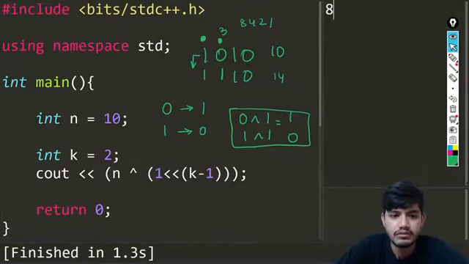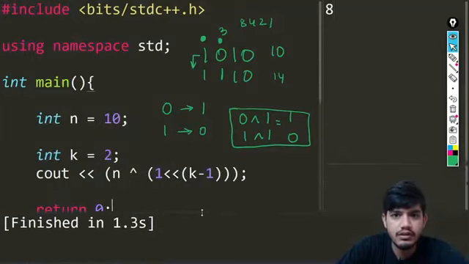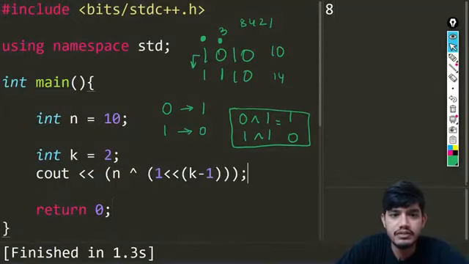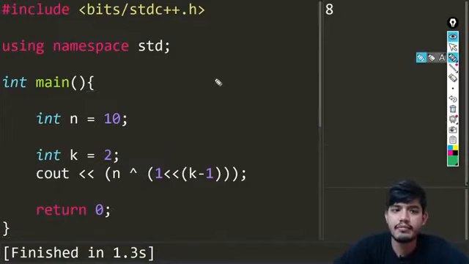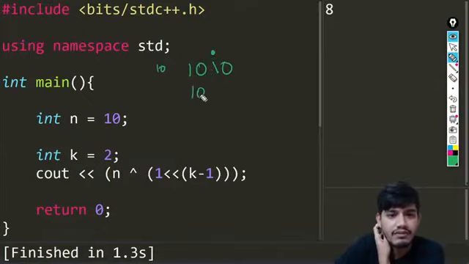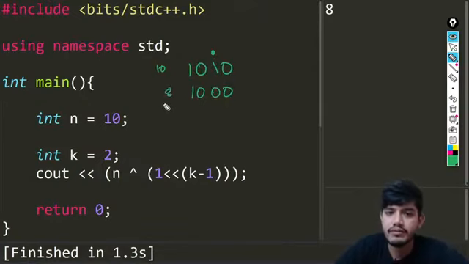Okay, why is it showing some errors? Let me just check. So it is not showing any errors. It is basically correct only, because we have this second s2, right? Let me just do this and bring this 1010, which is 10. We just want to toggle this. So we have this one 1, so it will become 0. So what is this value? This value is 8. Okay, so that is correct only.